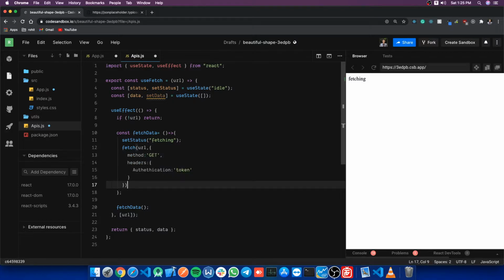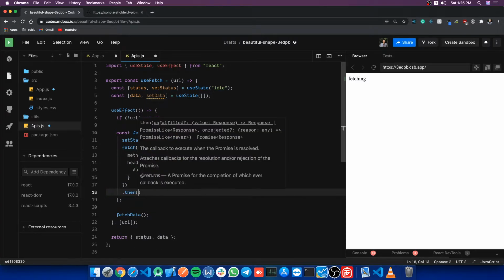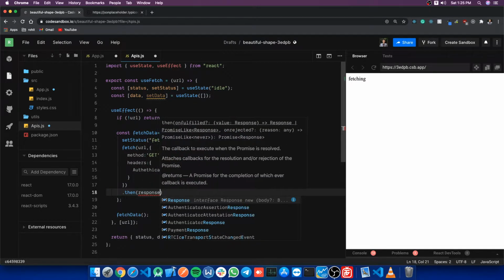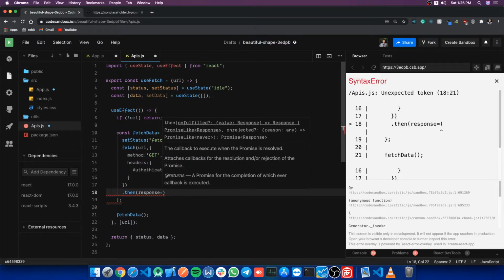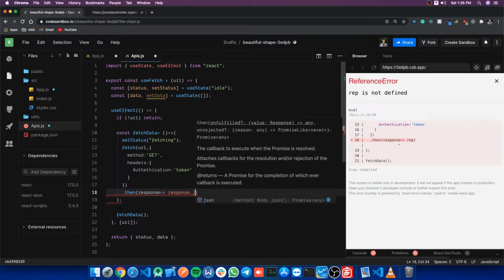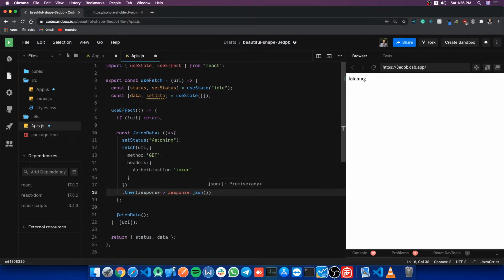When the request is completed, we will write then, and we get some response out of it. What we get out of this API, we have to convert into JSON because on the front end we can only handle JSON.